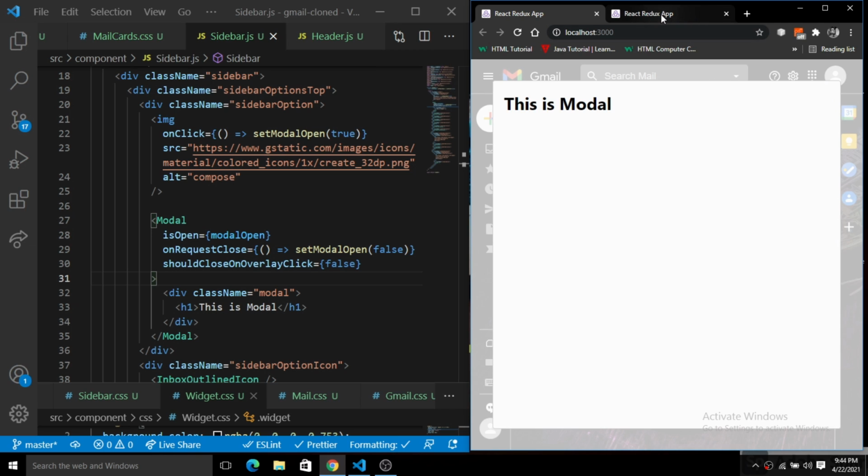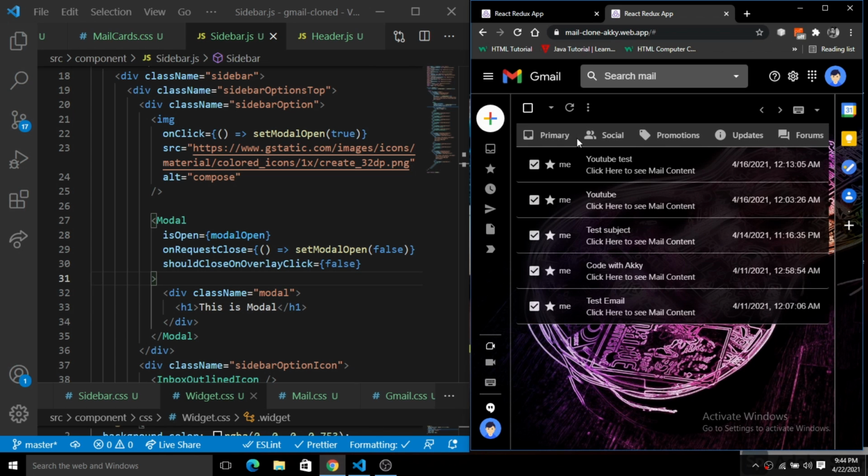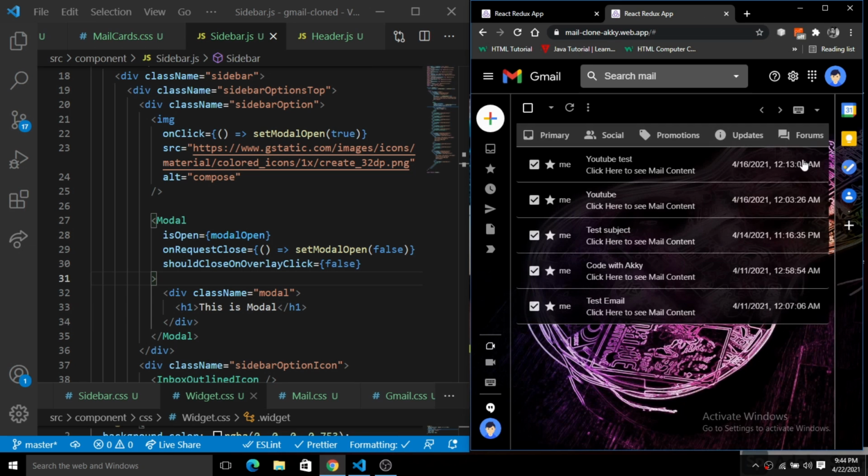If you go to the deployed version, here we have this cross button. When we click on this cross button, the modal will be closed, right? So we will add the same feature here inside of this modal, and next we will add a bunch of things, like the width and the height of the modal also. So I am going to do everything here.